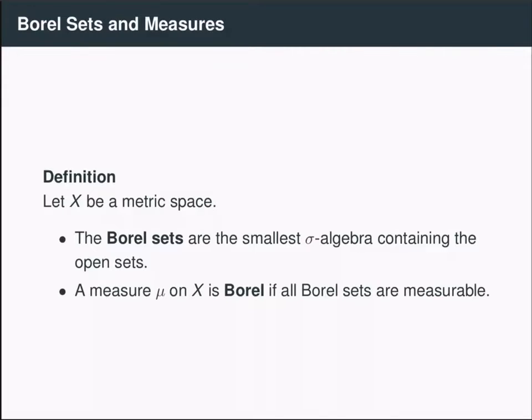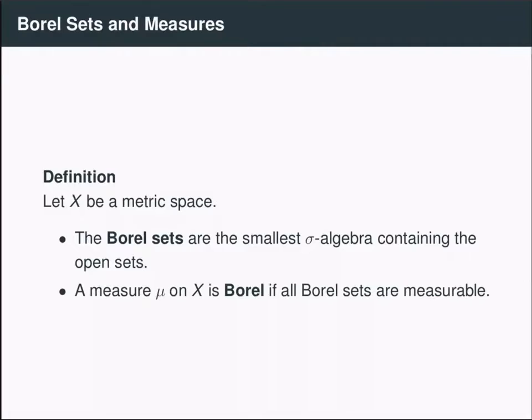So to motivate why this class of measures is important, let's consider the following question. Given a measure, how do we know what its measurable sets are? Well, notice that if I have a smaller class of sets that I can verify are measurable, then all countable unions and intersections will also be measurable, and so will the unions and intersections of all these sets, and so on. And in fact, the smallest sigma algebra containing these sets will necessarily be measurable.